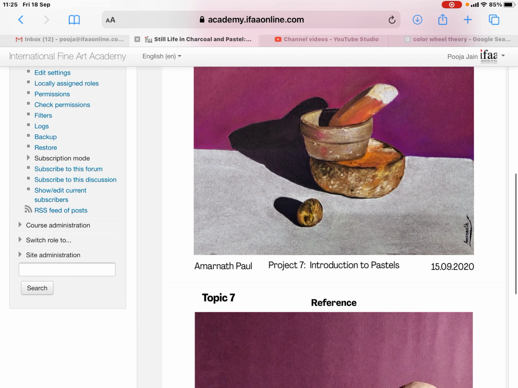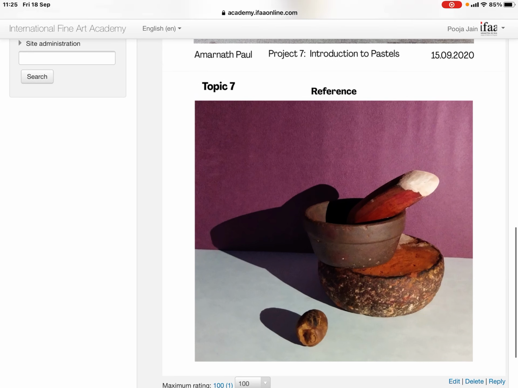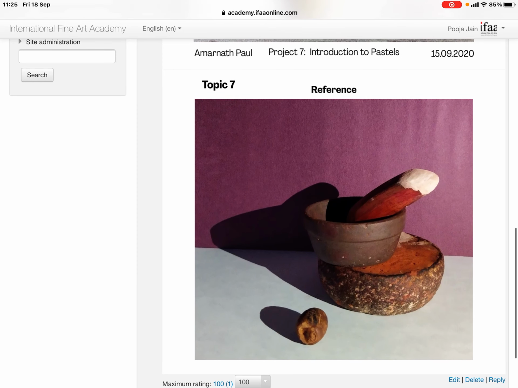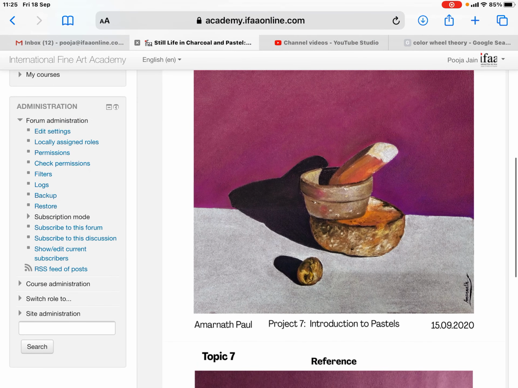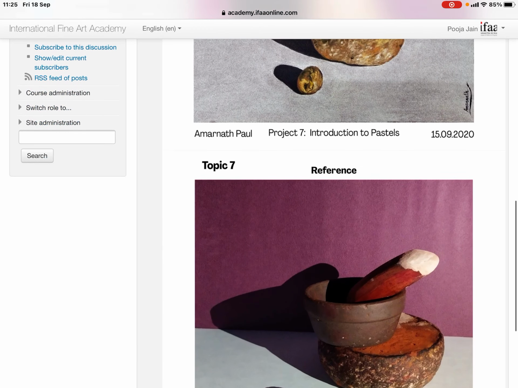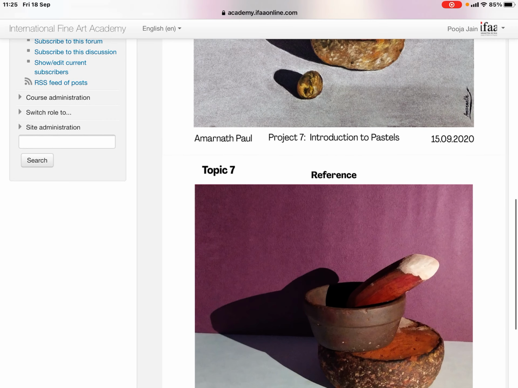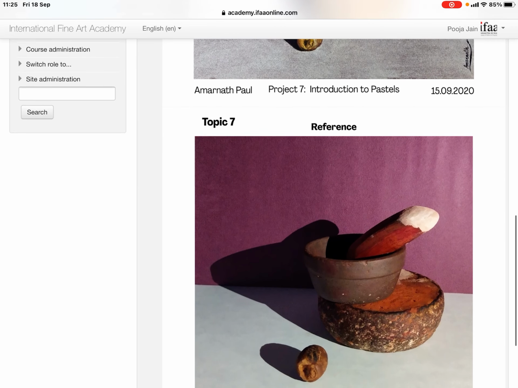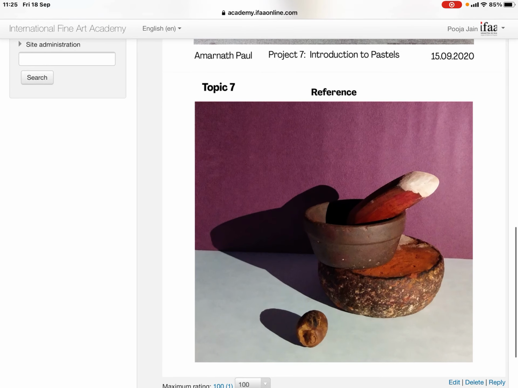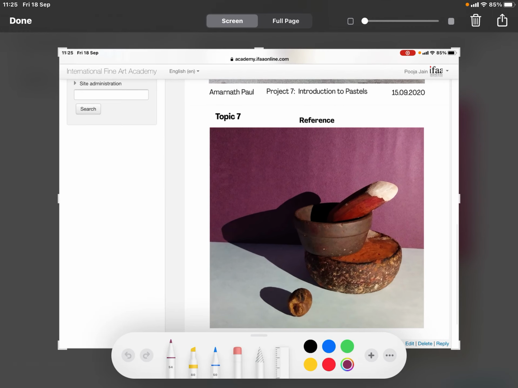Here you got into the details, but first you need to focus on building the volume. So this volume can be pushed a bit more. This could be a little darker because this area is close to the shadow shape. If this is dark, this value is almost blending. Okay, so this is dark. This value here is almost blending into this. This one here is just the next value.